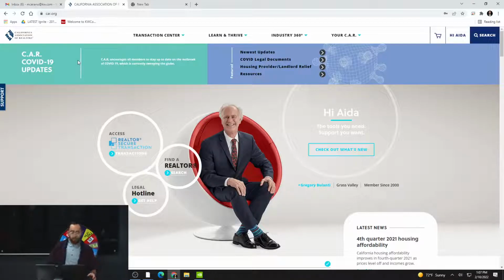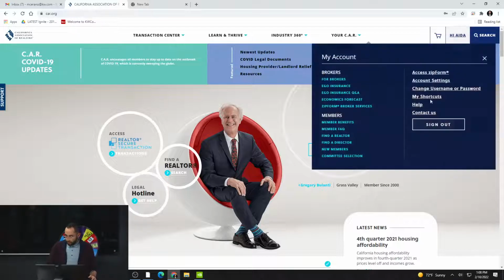For you guys that may have already joined Gavar, or are about to, and you haven't gone through the Zipform setup, you do have to go through it, just one time, because then from there on you get access to the Zipform system, after you run through the first setup. So,